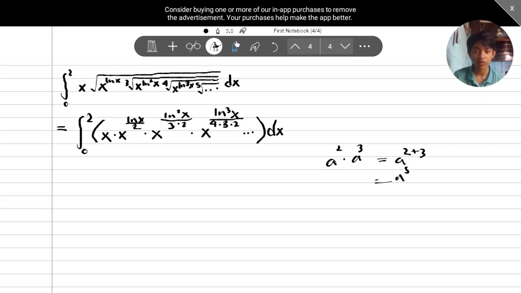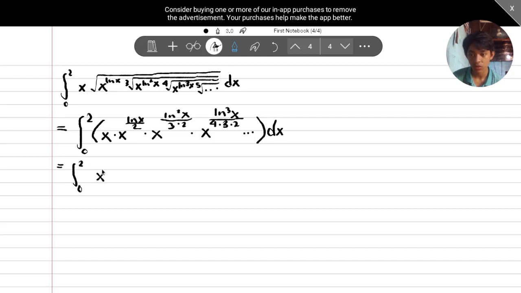So when we multiply the terms of the same base, and if they have exponents, then we can just add the exponents of them. Okay, so right now what I'm going to do is to add the exponents. So writing again, we have 0 to 2 and